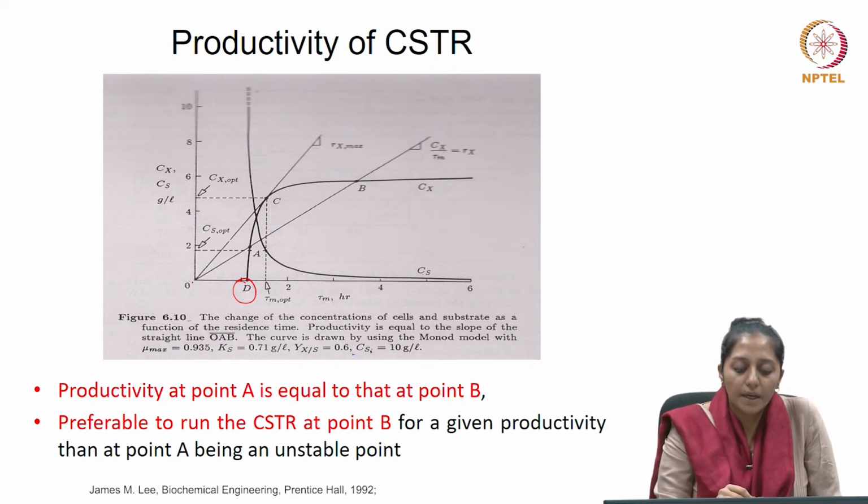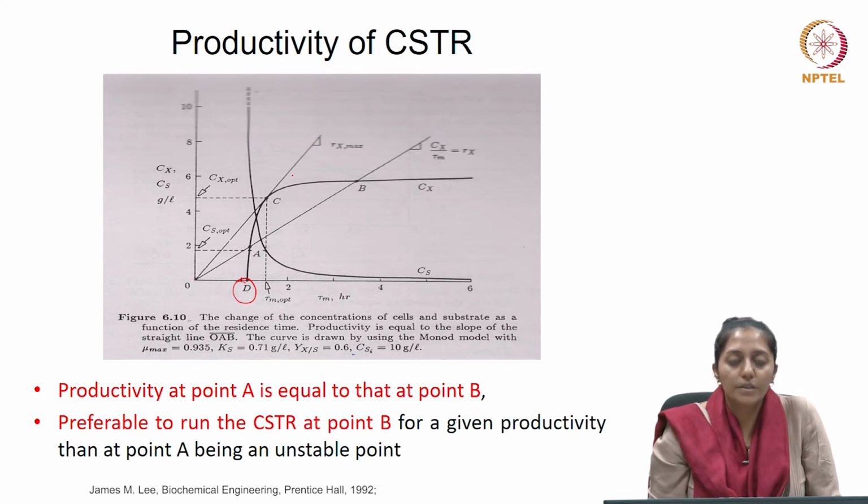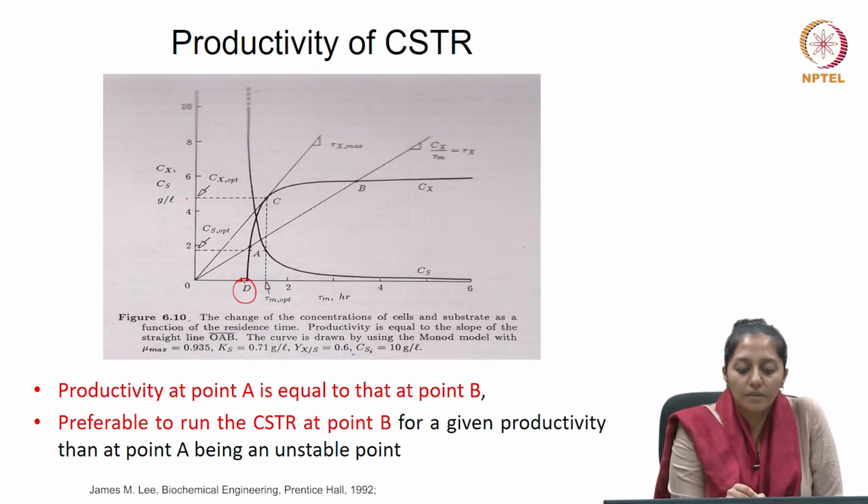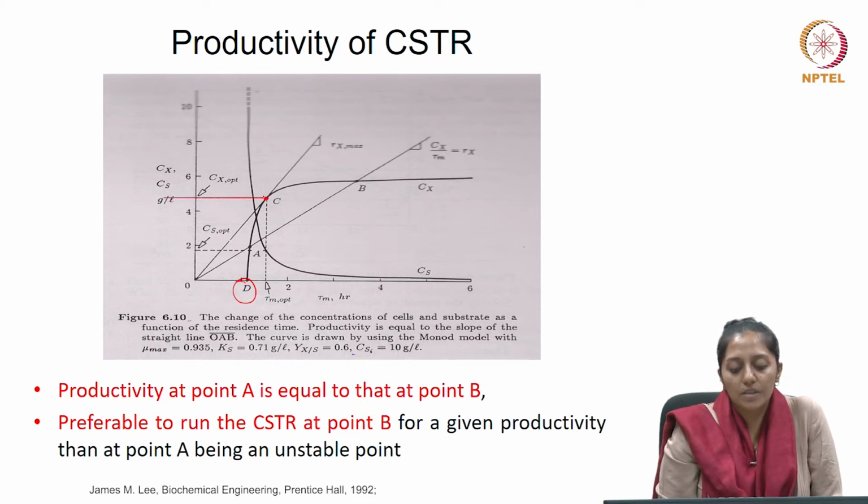If you make a line crossing this curve, wherever it cuts, the maximum slope is your maximum productivity, which is your Rx. So, your maximum productivity, your Cx optimum, would be the point at which the line is a tangent on this curve,